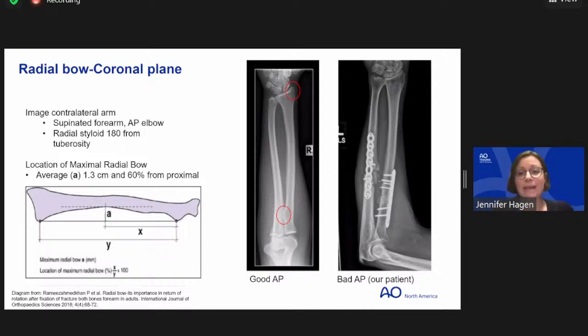Then the position of the bow has actually been very scientifically described, and I don't know that you ever get to make this measurement in the operating room, but in general, just so you have some idea, if you were to draw a line from the end of the radius to the tuberosity, the bow happens just past the midline if you're going from proximal to distal. So the maximum bow is roughly around 60%. So if you were to put the radius right in half, it's just 10% past that. So the bow is just slightly distal, and it's about 1.3 centimeters. Again, that's not a measurement you would ever take intraoperatively, but just having a rough idea of how much the average bow is. That's on the coronal plane.